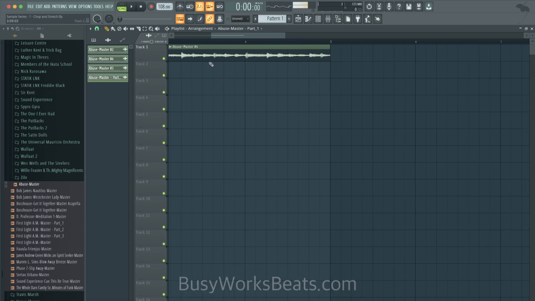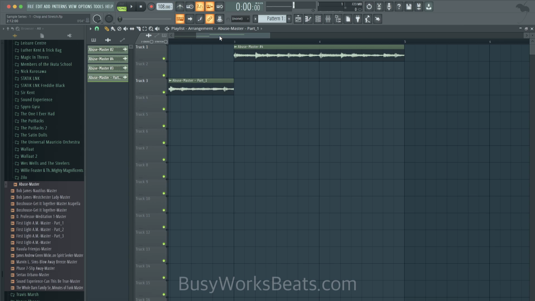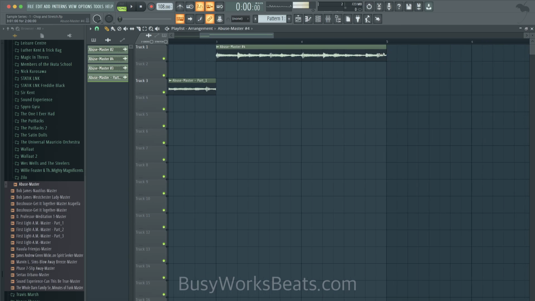And I'm going to use the second one because the first one we already made unique as a sample. So if I take off stretch mode, very important to take off stretch mode under the audio clips tab, take off stretch mode or hit Shift M to turn it on and off. That's good. Okay, Shift M. Notice how if I left click and drag it, there's no more music on the left or the right side. That's because when you save unique as a sample, it just looks only at that audio and saves it only as that audio. Whereas if you make it unique, it still has the song that you can slide around.